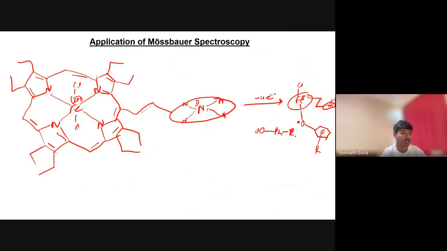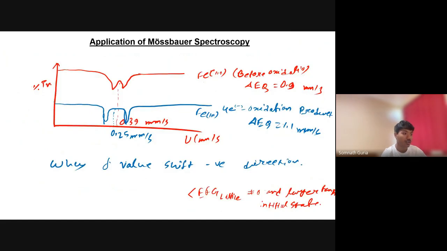Okay. And then taking another iron porphyrin based complex, which after 4 electron oxidation, the iron still remains as iron 3, and the surrounding ligand environment and another supporting metal are actually oxidizing over here, which is monitored by Raman and Mossbauer. But in the Mossbauer, it shows that the delta value shift is only 0.25 millimeter per second. That means iron 3 is present over there, and ligand oxidation happens,